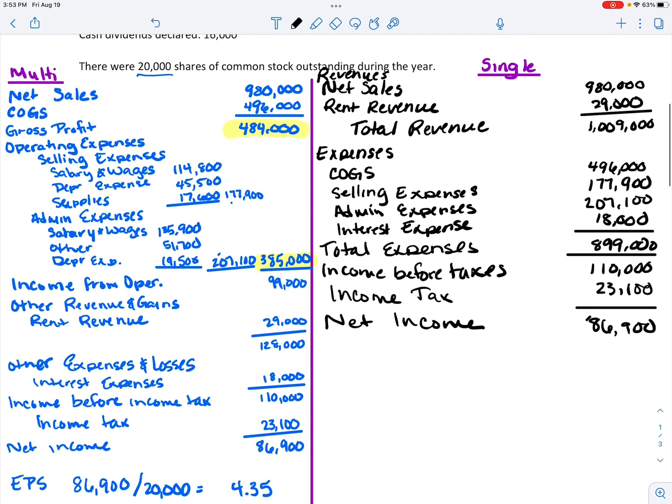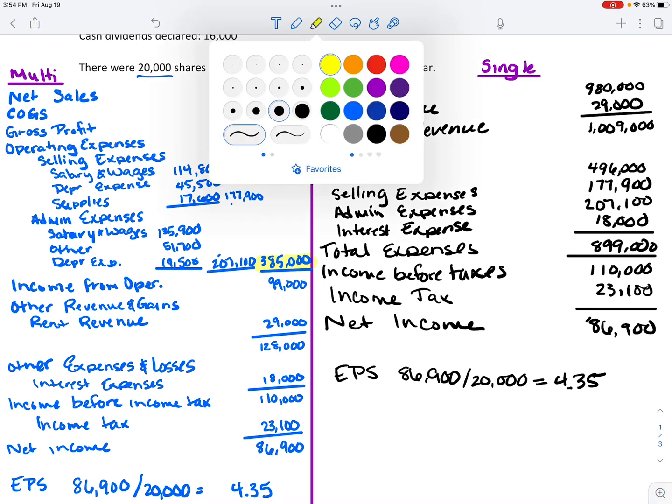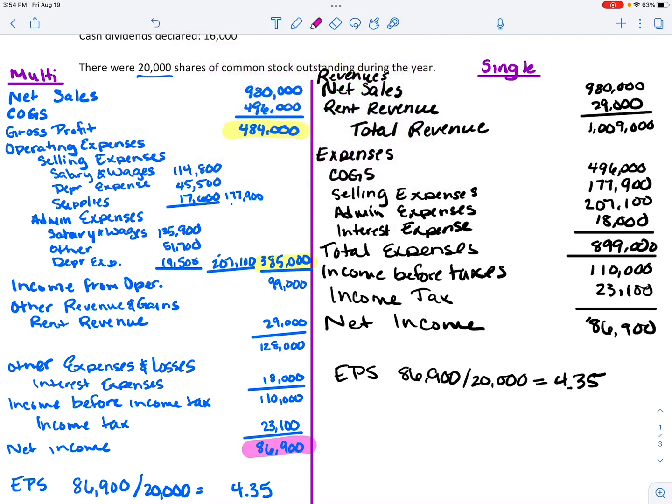Right, so you can see the similarities. Again, if you look at that EPS, earnings per share, it's calculated the same way, but since we have the same net income and the same shares outstanding, your EPS is going to be the same as well. So you can see here, my net income's not changing. Even my income before taxes, all of these numbers are staying the same. It's just putting some of our revenues and expenses in different places